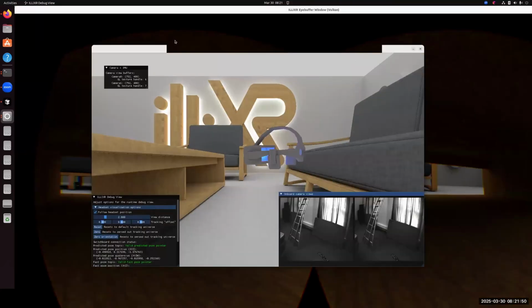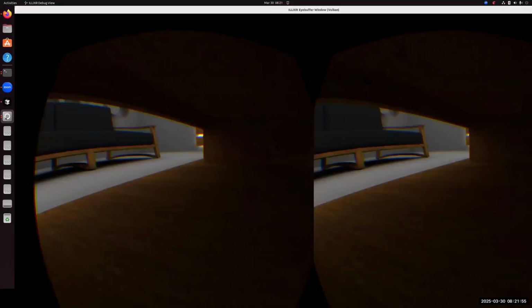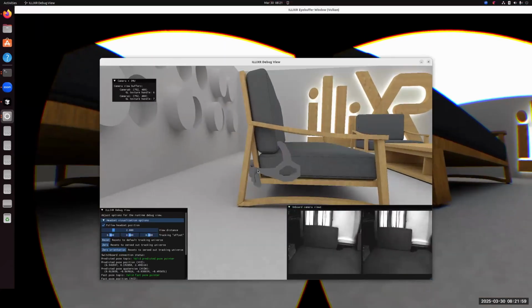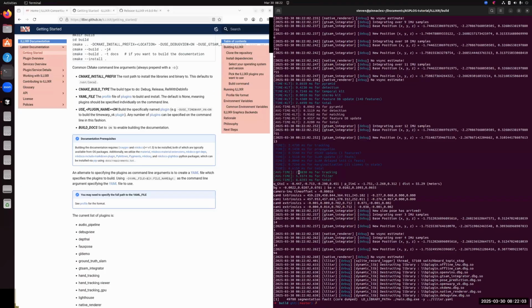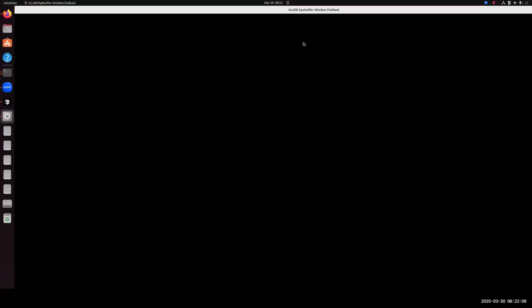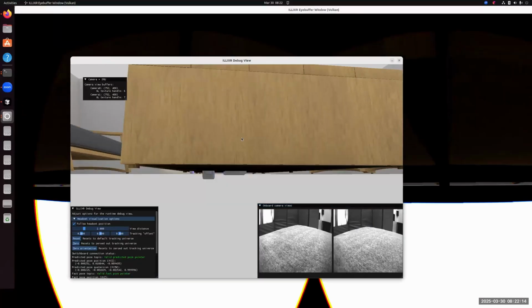And the second window here I'd like to draw your attention to is the debug view. And here is a representation of a, let me run that again, okay, perfect.